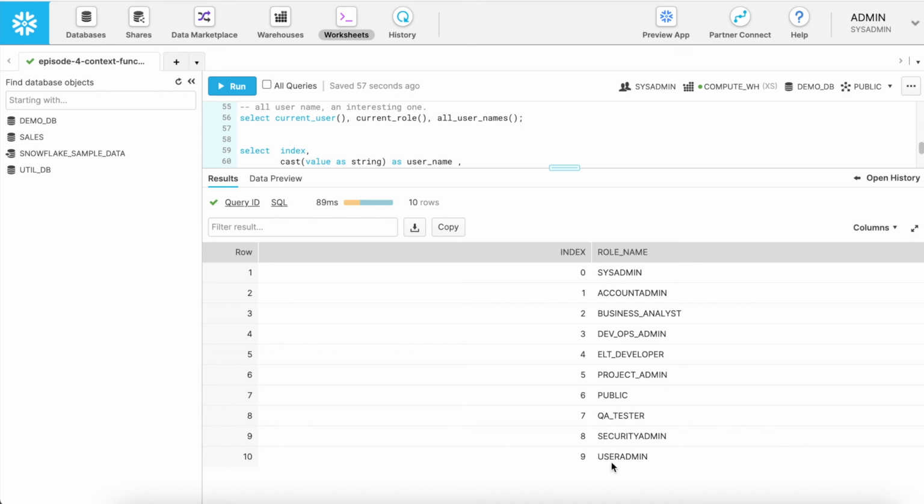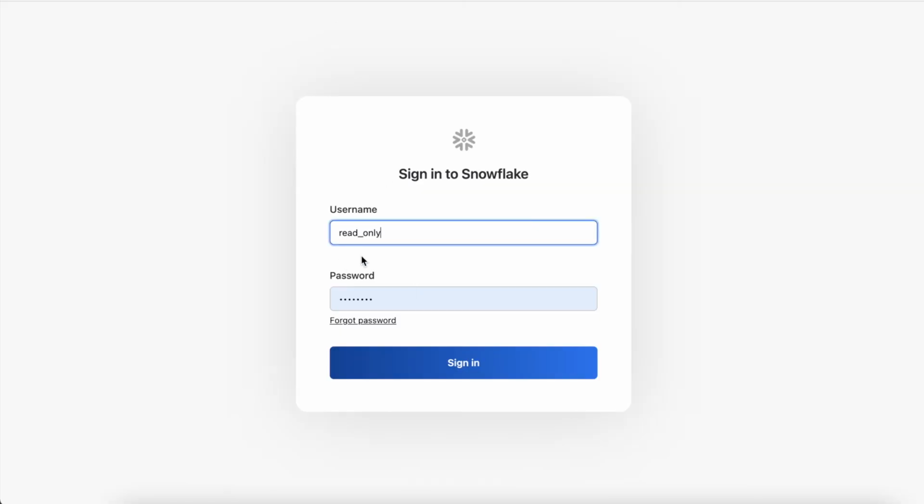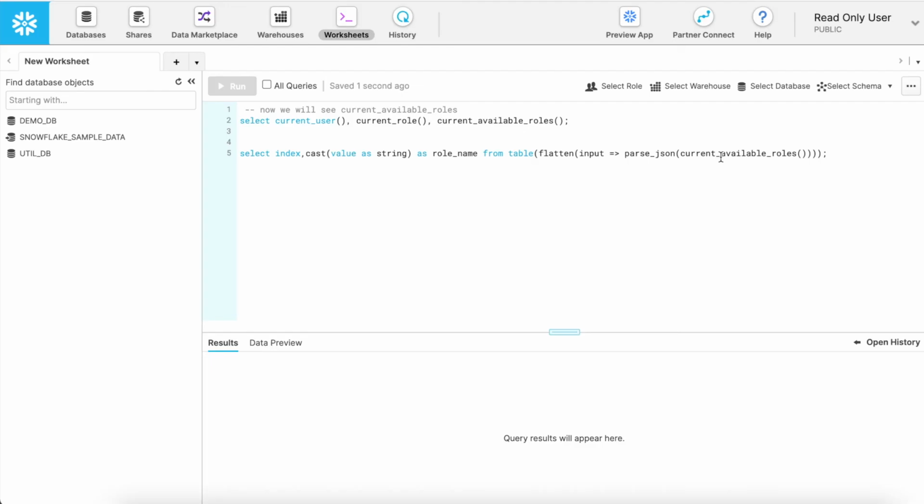This can happen if you're working in a very complex environment with many logical data projects, you have to switch a role, and we have covered in detail how to switch a role in our episode 1. So how does it look if you have a read-only profile or a limited profile? I have another profile called read-only, and let me switch to that profile. So I successfully logged in.